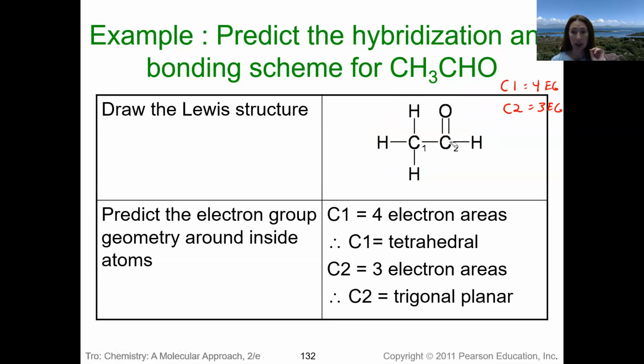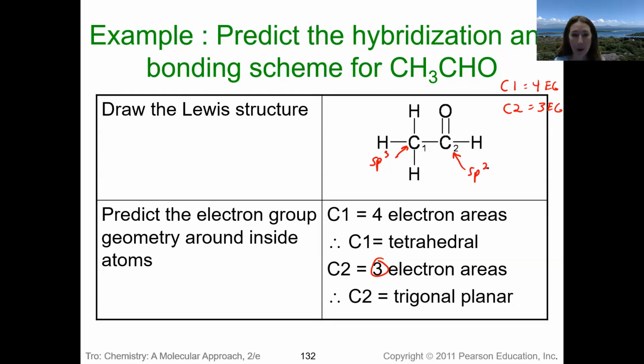So now we look at our sheet that you have. I don't have it on my PowerPoint right now, but if there's 4 things, you just go look, and that 4 things means there's going to be 4 hybrid orbitals. So it's 1 s, p, p, p. So this one's going to be sp3. This carbon has 3 electron groups, so that's going to be s, p, p,